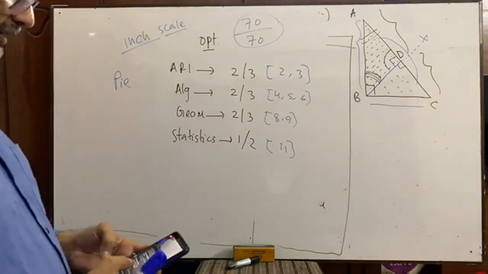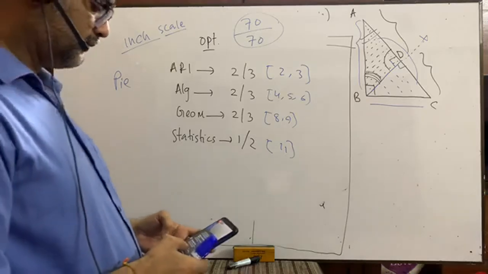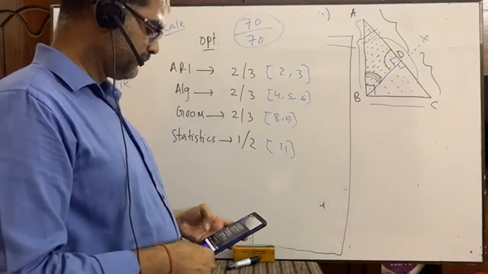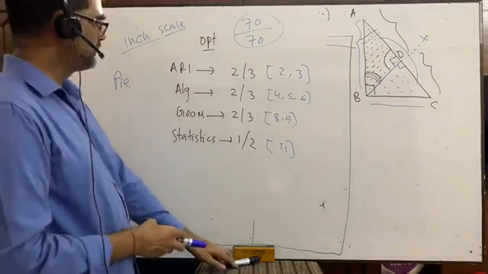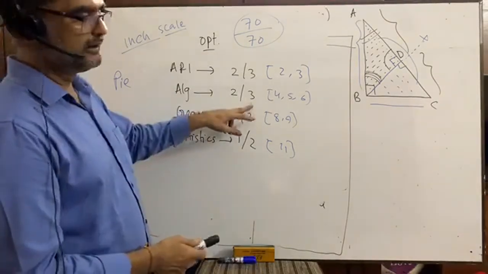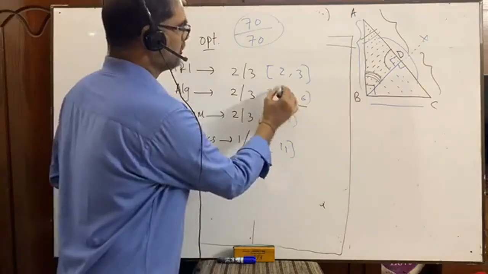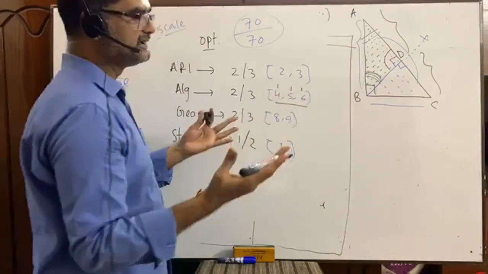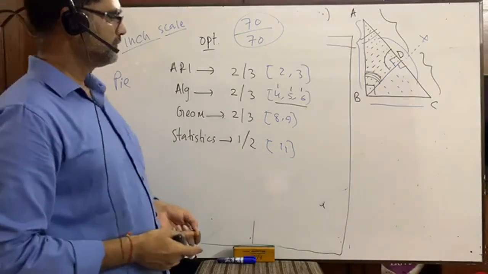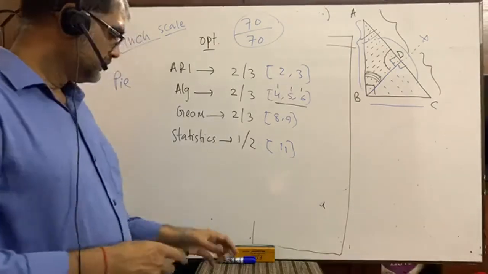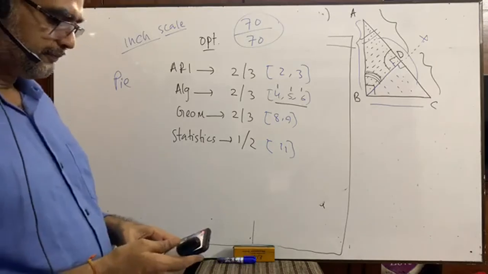Someone has written that it means questions will come from chapter 4 and 5. Actually I don't want to say, but actually there will be 3 maths, right? So you have 3 chapters. So here 1, 1, 1, very easy and simple, right? Then any other question?